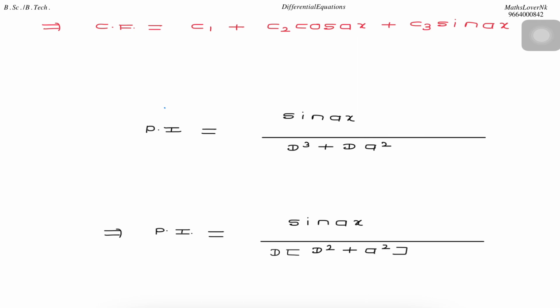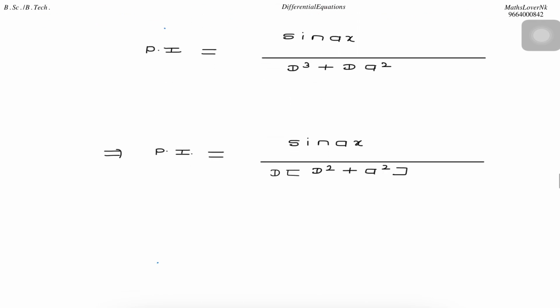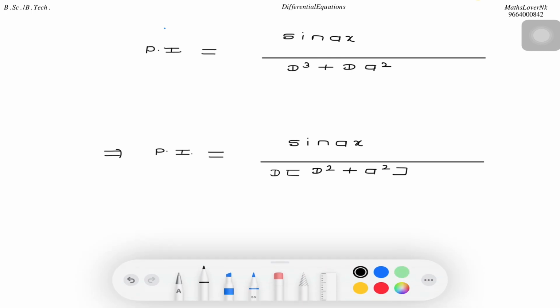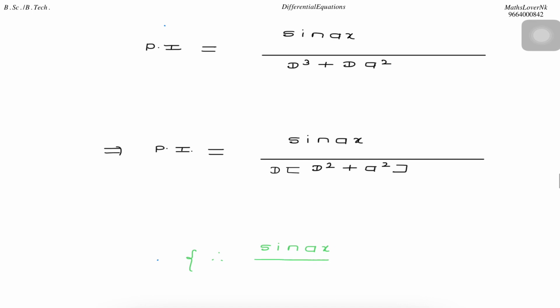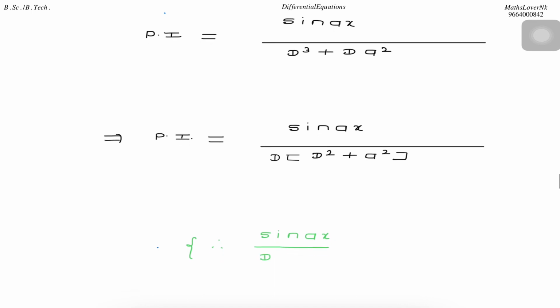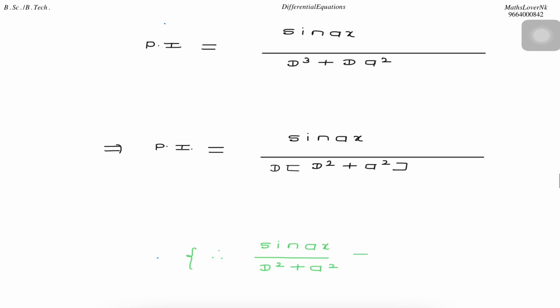Now apply the formula and solve. The formula says that sin ax in the numerator upon D² + a² in the denominator,